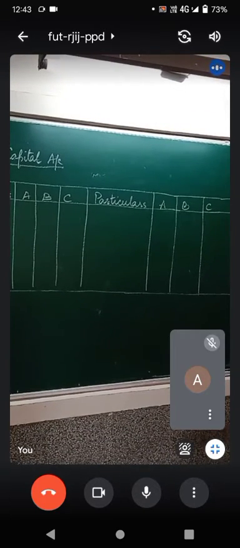Okay. Now let us create the partner's capital account. If you see, I have already drawn the columns and we will now do the partner's capital account. See how it is done. It is the same. First you write by balance brought down. Now C is a new partner. Forget about it. What was the previous balance of A and B? The question tells you it is 15,000 and 10,000.